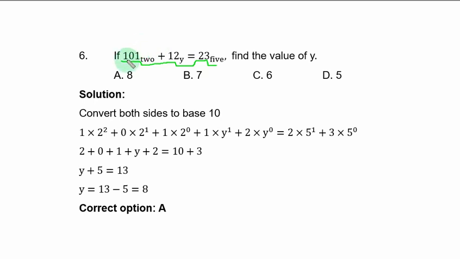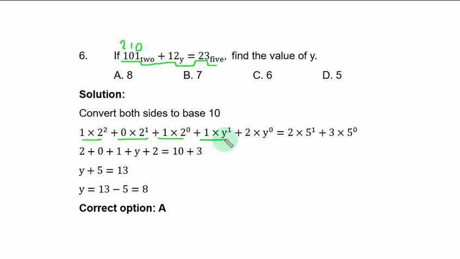Considering 101, the position starts from 0 and from right to left. So this one here, the position is 0. For 0, position is 1. For 1, position is 2. So if you multiply 1 by the base 2, you assign power of 2 to it. So you have 1 times 2 squared plus 0 times 2 power 1 plus 1 times 2 power 0 plus